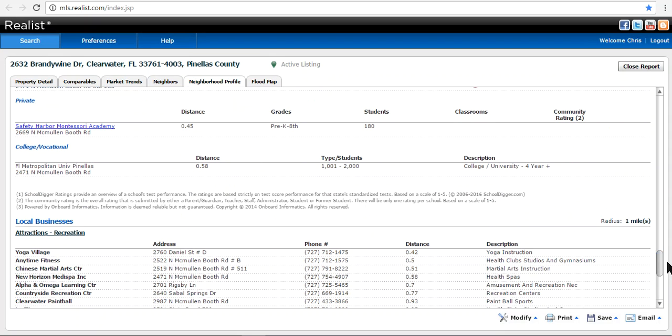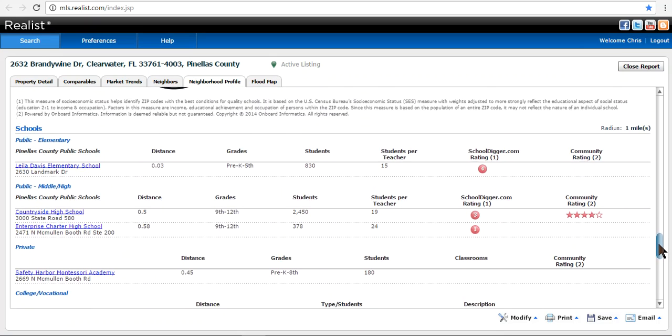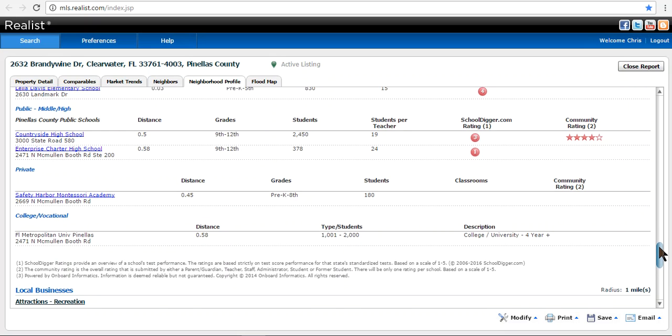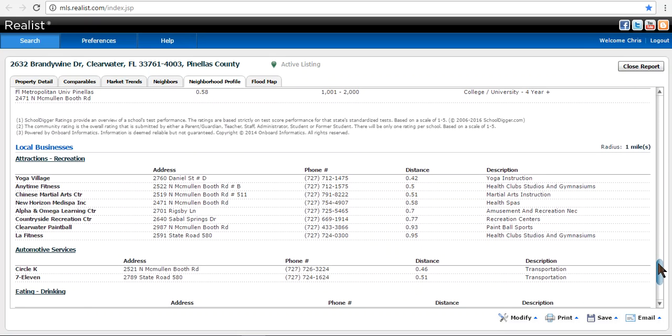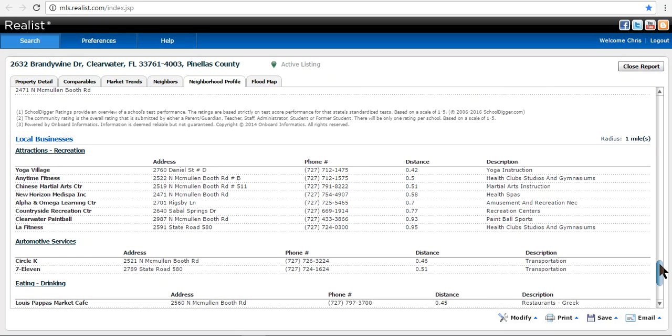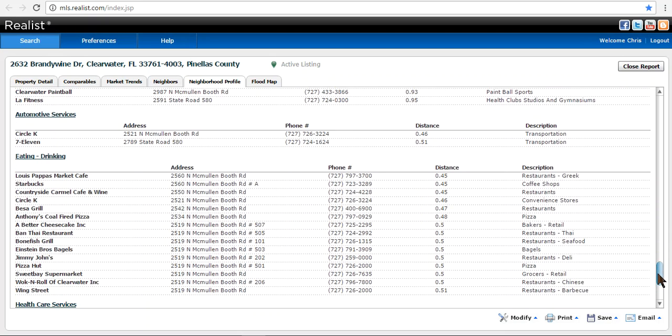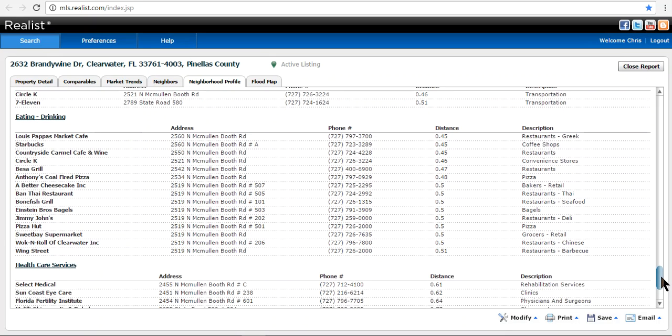There's a section for public elementary schools, public middle and high schools, and for private schools. Private schools do not have the schooldigger.com rating, as most private schools do not take state standardized tests. We have a businesses section where it breaks local businesses down into several categories and shows us what is nearby the subject property. Nearby eating and drinking, food and dining establishments, nearby automotive services, gas stations, mechanics, civic associations, healthcare,